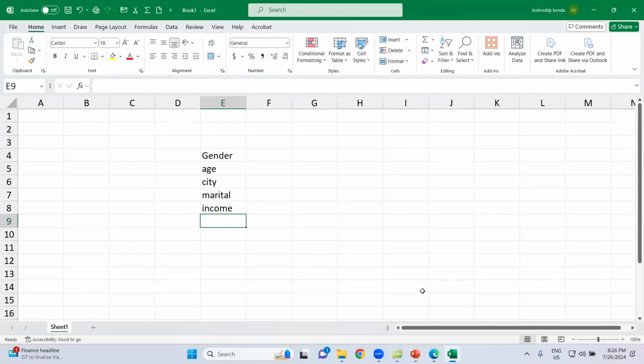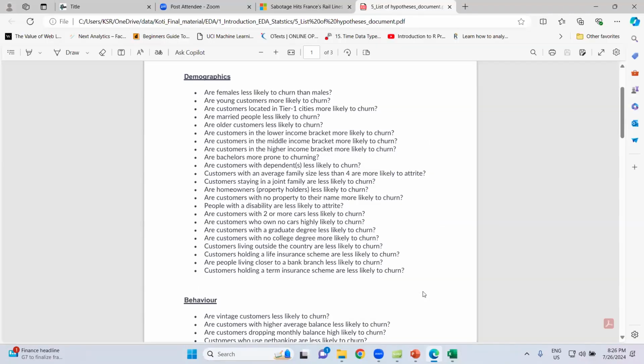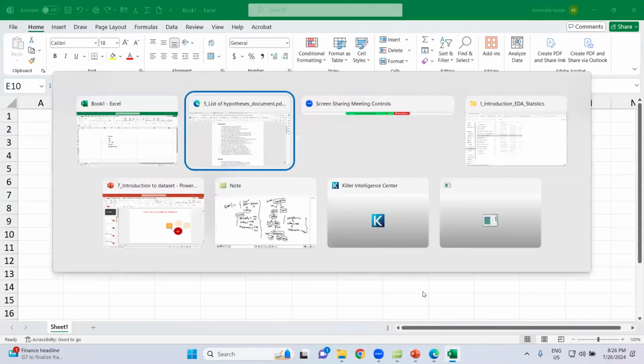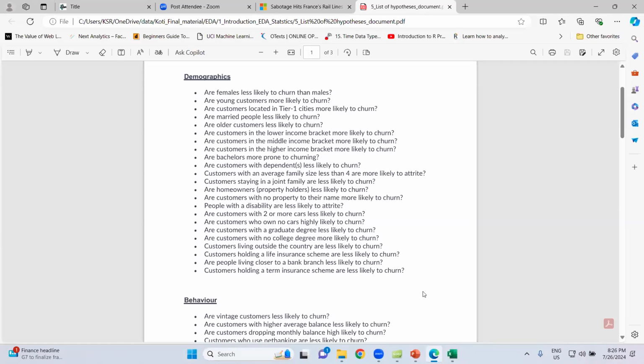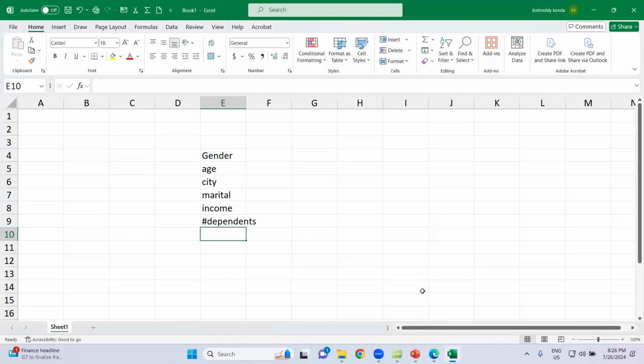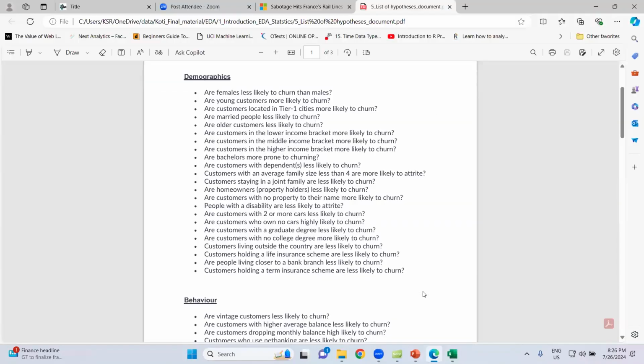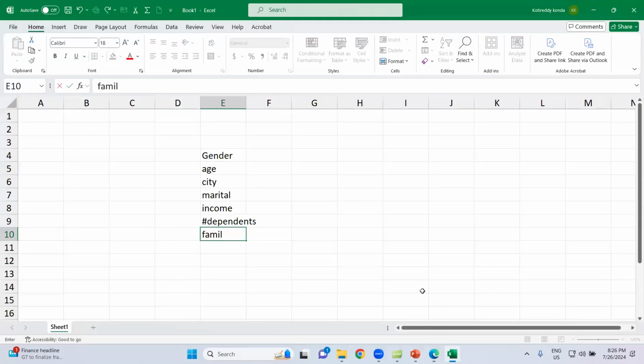Again, marital status is covered. Customer with dependents, number of dependents. Okay. Next, customer average family size. Family size will also be part of dependents, right? Okay. Next, customer staying with a joint family, family status, nuclear or